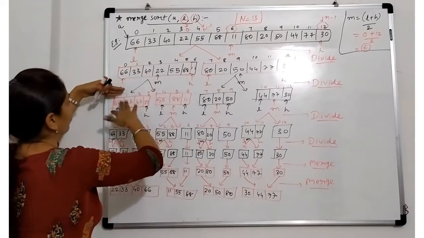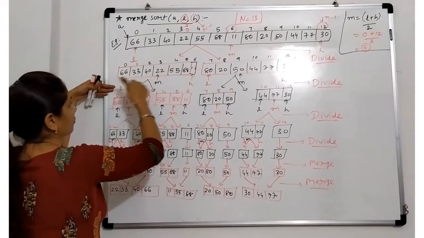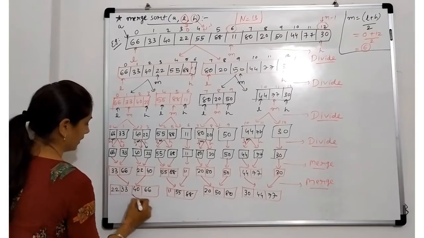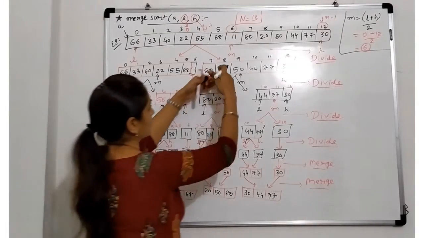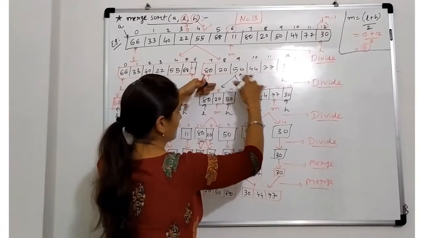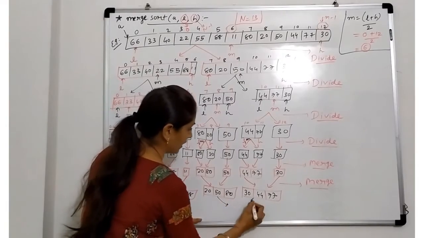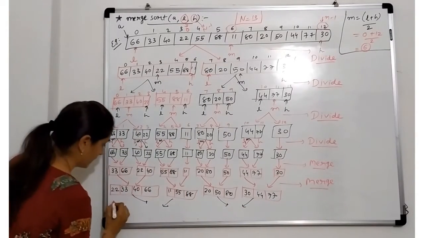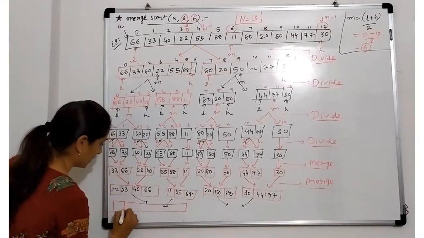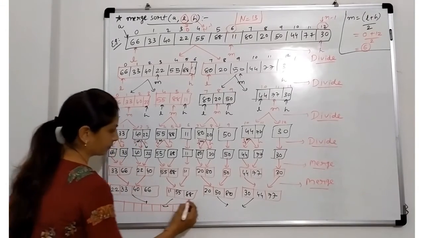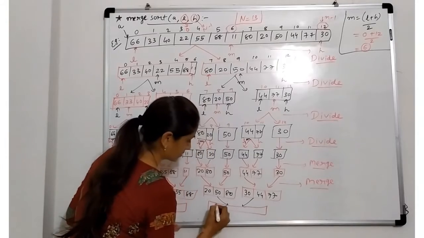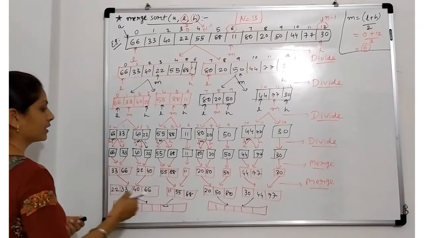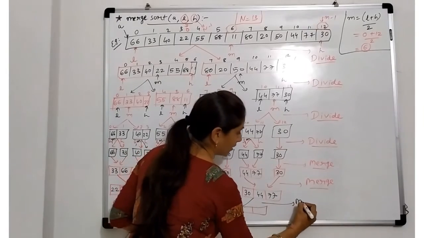Here these 4 and 3 were divided, so the total elements is 7. So these 4 and 3 are now combined. Likewise these 3 and 3, total 6 elements, were divided. So these 3 and these 3 are combined now. So total 7 elements we write here, and here total 6. Which step are we performing again? Merge.